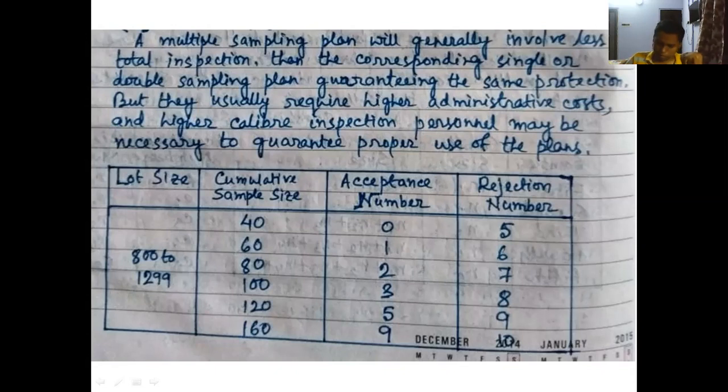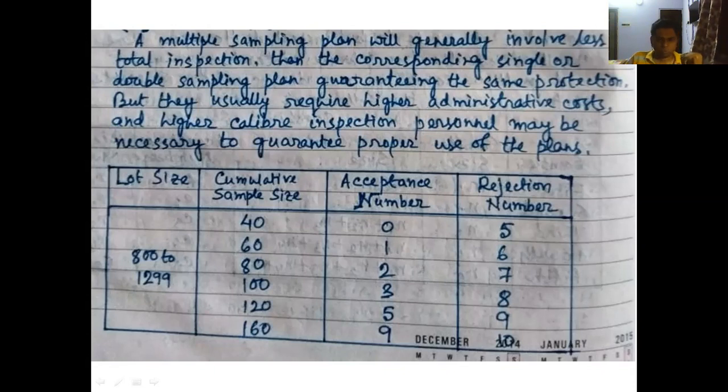But it is true that you can achieve better quality assurance. Better quality protection you will get. That is true. But again, if you take a very small sample size, in that case your quality protection will be lost, but you can save your cost. So a trade-off must be there. You need to balance between the cost and quality protection.